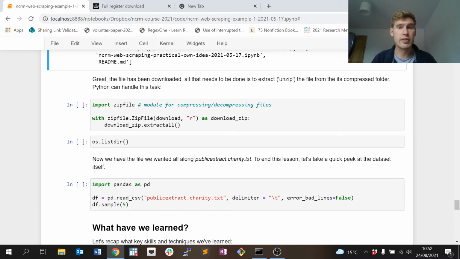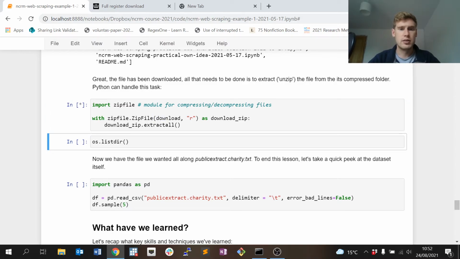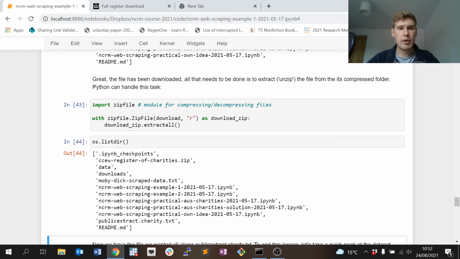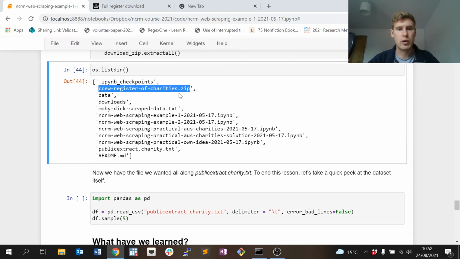Thankfully, Python provides a way of dealing with zip files. So all I need now is the zipfile module, and from that there's a ZipFile function, helpfully enough. So basically, take the file I've downloaded, open it in read mode, so I want to read in its contents, and then I want to extract everything in that zip file. Again, it might take a moment or two just because it's a reasonably large file. And now if I list the directory again, you can see that here's the zip file I downloaded, and here's the actual extracted file that is contained in the zip file, and it's called